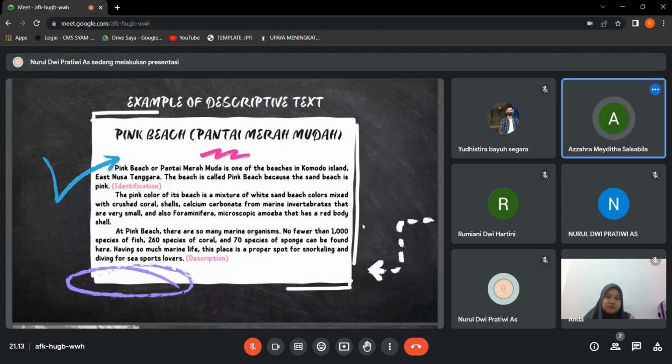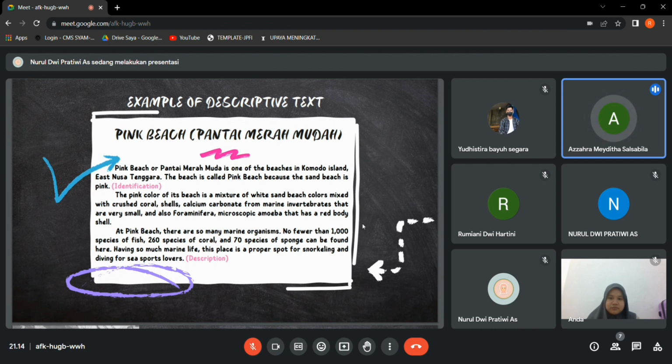It's called Pink Beach. The sand itself is pink. The second paragraph: beach, coral, shells, calcium carbonate from very small marine invertebrates, and also foraminifera, microscopic amoeba that have a red body shell. And the third or the last paragraph is: at Pink Beach, there are so many marine organisms,